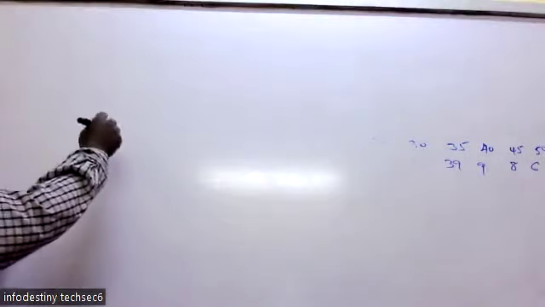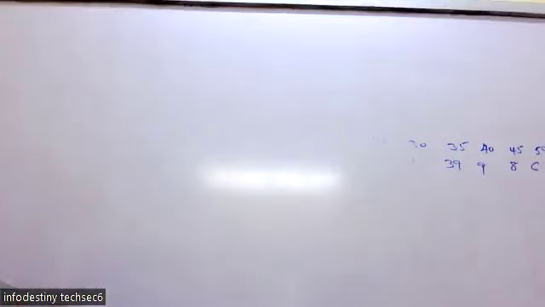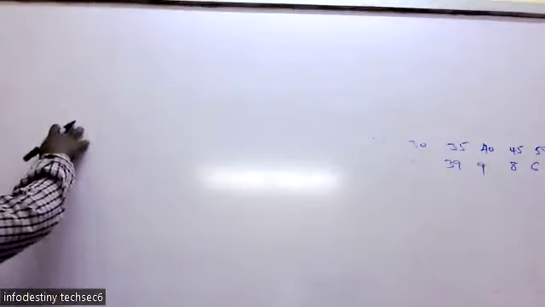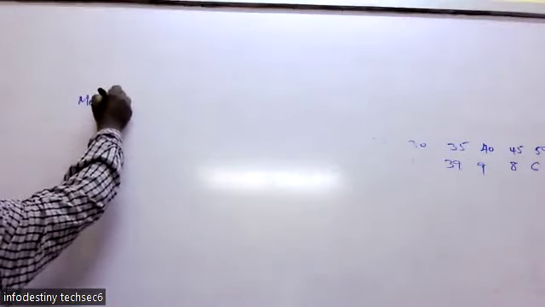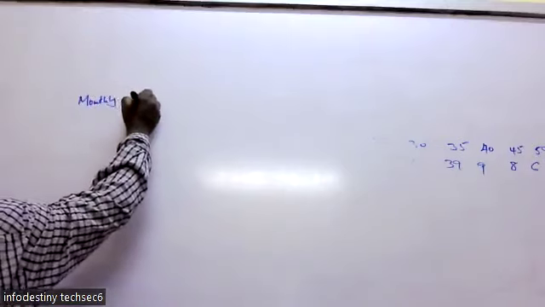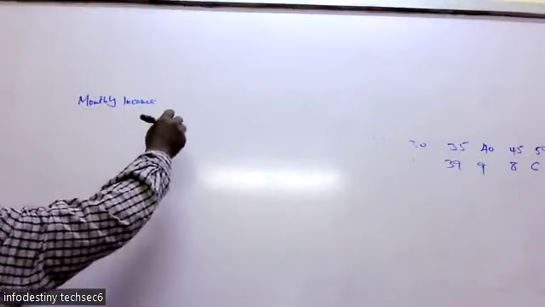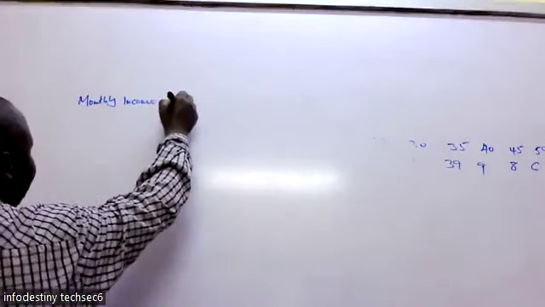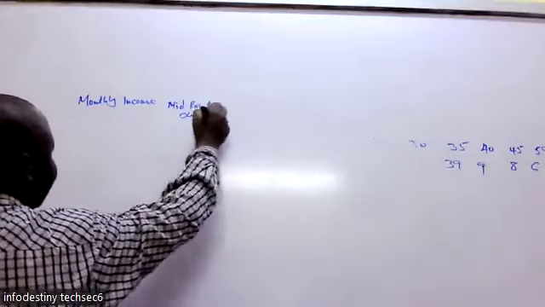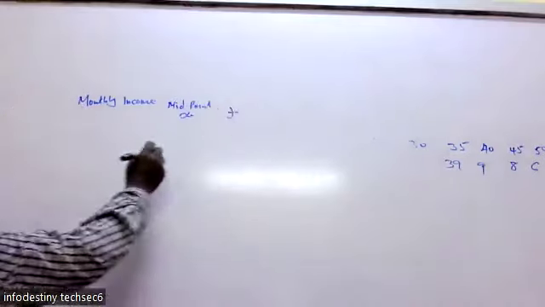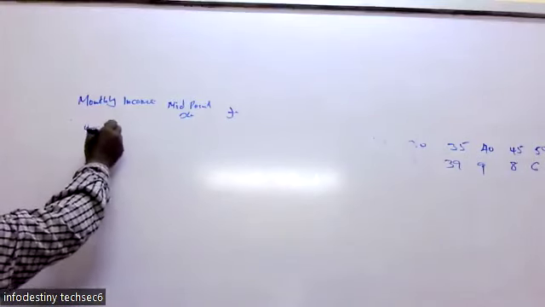So we are going to have the monthly income, then the frequency. Let's have the midpoint, which is going to be X, and then we are going to have the frequency. The monthly income is going to be 40 to 50,